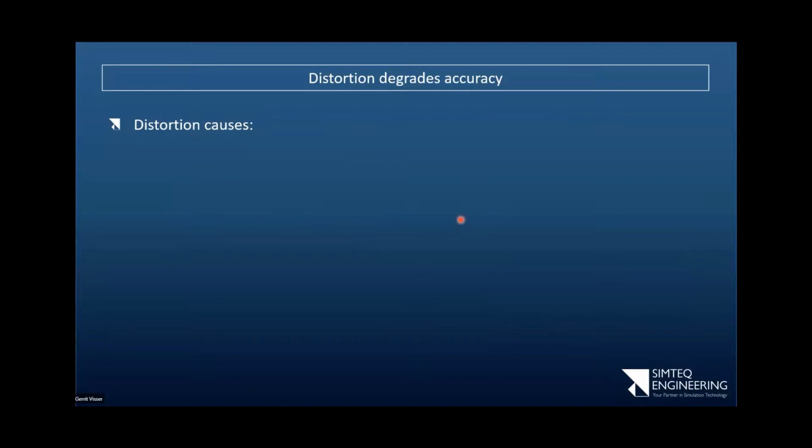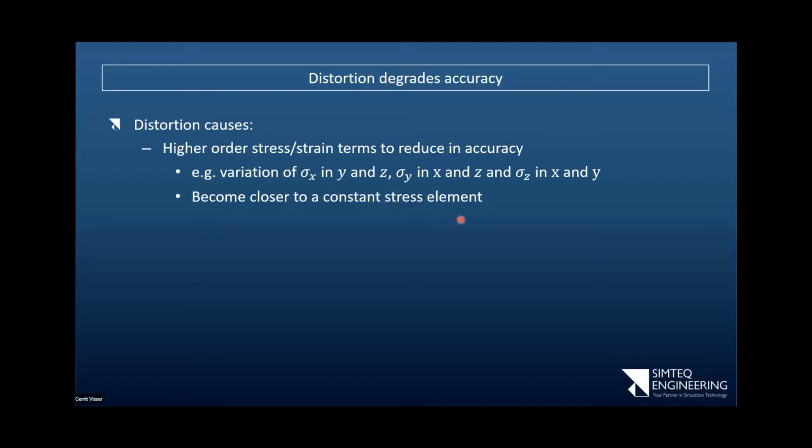Okay, so what does distortion cause in terms of elements and accuracy? So the first is the higher order stress and strain terms are reducing in terms of their accuracy. In other words, if I have something like the X element that I spoke about earlier, which can have constant stresses in addition to gradients in the X and the Y and the Z, these gradient terms become less and less accurate